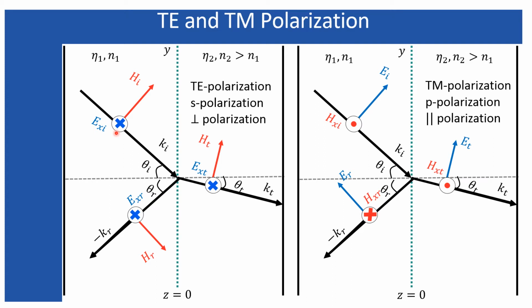And here also you should be careful and check the orientation of the electric field, the magnetic field, and the propagation vectors. They also follow the right hand rule, because the direction of the electric field is into the computer screen, or you can say it is the positive direction of x. So if you place your right hand along the electric field and curl all of your fingers towards the magnetic field, that must indicate the direction of the propagation. So the incident wave, transmitted wave, and reflected wave I have drawn here are based on that principle.